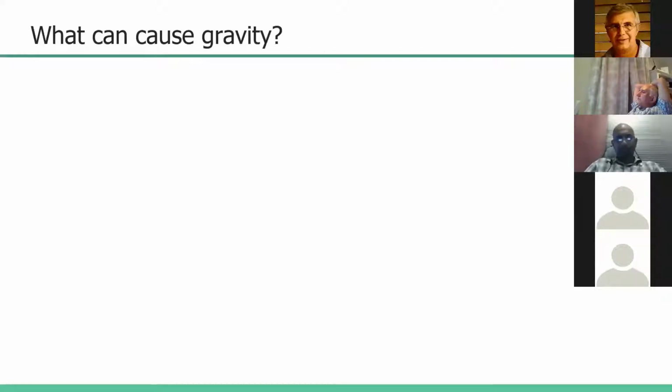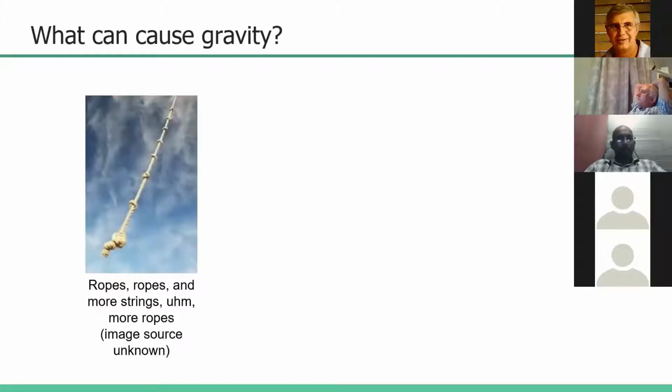Let's look at what could possibly cause gravity. There are obviously many things. I've just taken a few silly examples. We could have ropes. In school, we learned that gravity is an attractive force like a rope pulling from one to the other. It also tells you that the force on one equals the force on the other, which you would typically get if you had a rope tied to both sides. That pun there has got nothing to do with string theory.